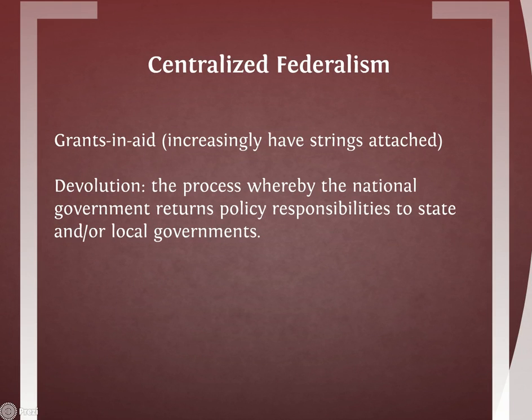Next, we have centralized federalism. By the time of Lyndon Johnson's presidency, a new kind of federalism was replacing cooperative federalism. In this new form of federalism, the national government imposed its own policy preferences on state and local governments. Specifically, in centralized federalism, directives in national legislation, including grant and aid programs with ever-increasing conditions or strings attached to the money, forced state and local governments to implement a particular national policy.